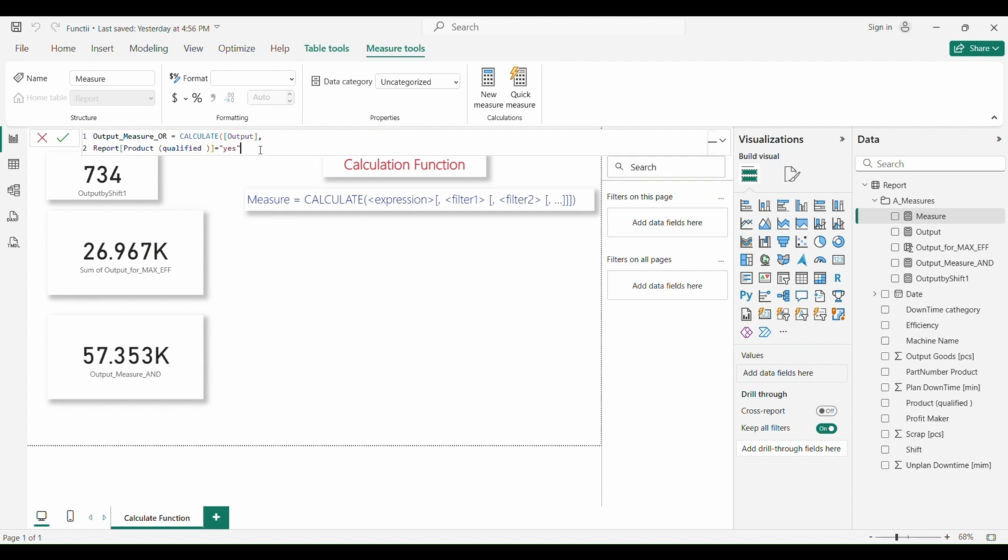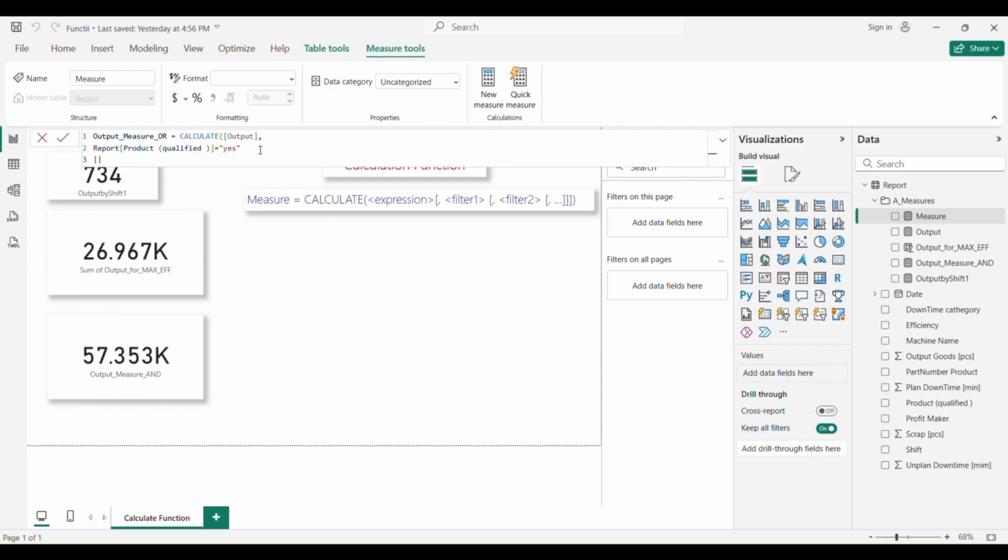Okay, and now again we don't put a comma, we press shift and enter, and we write the operator of the function OR, which is 2 pipes like this.